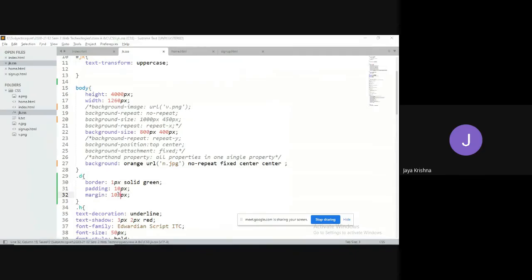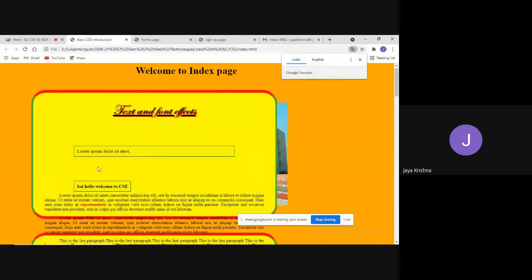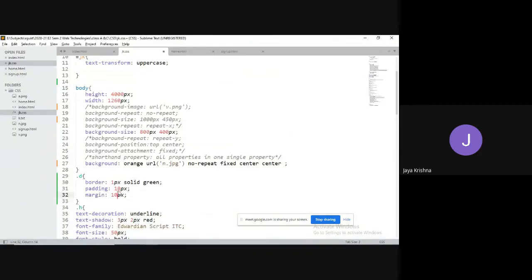I'm going to have 100 pixel, meaning that around the content it is going to provide 100 pixel amount of space. For example, I will go with the specific one, margin-bottom equal to 50 pixel.